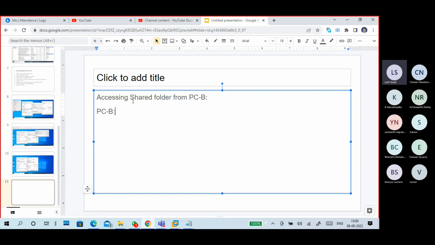Go to PCB. Go to run. In the run box, give two slashes like this. Remember these slashes and the IP address of PCA like this. The run command is \\PCA IP address, which is 192.168.29.193. Then after this, it asks for a username,